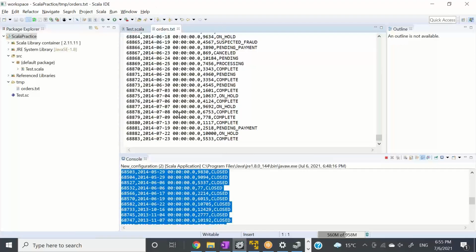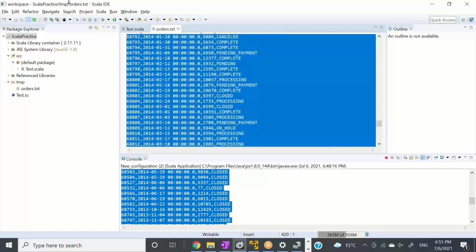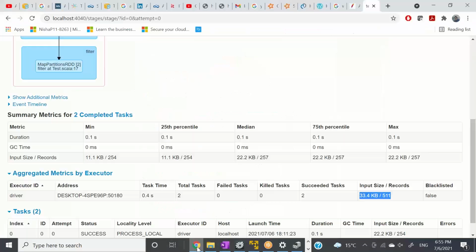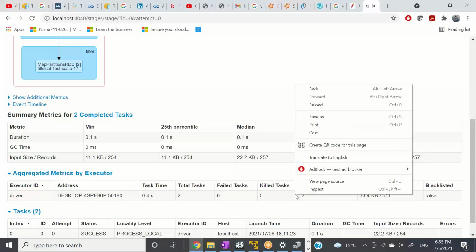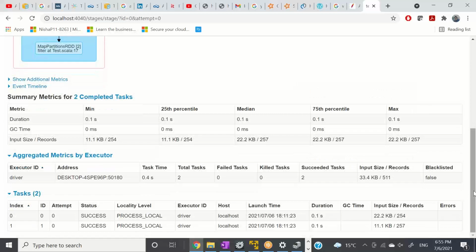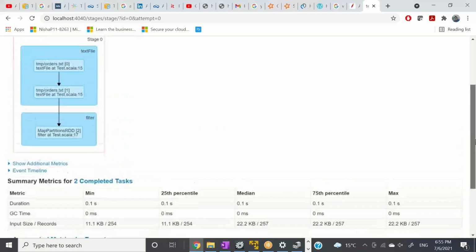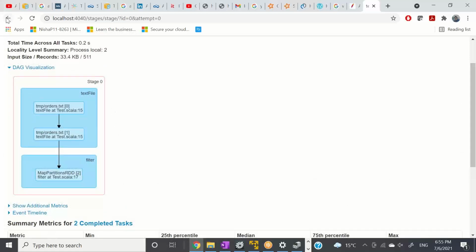It is not doing any rocket science. So these records are 511 in number, right? And the size of this file order.txt is in some KBs. So when we go here, it is showing me exactly the same thing. It just puts everything on one page for us, right? Now the question arises, why did it create 2 tasks for us? So the first thing is clear that action is directly proportional to the number of jobs, right?